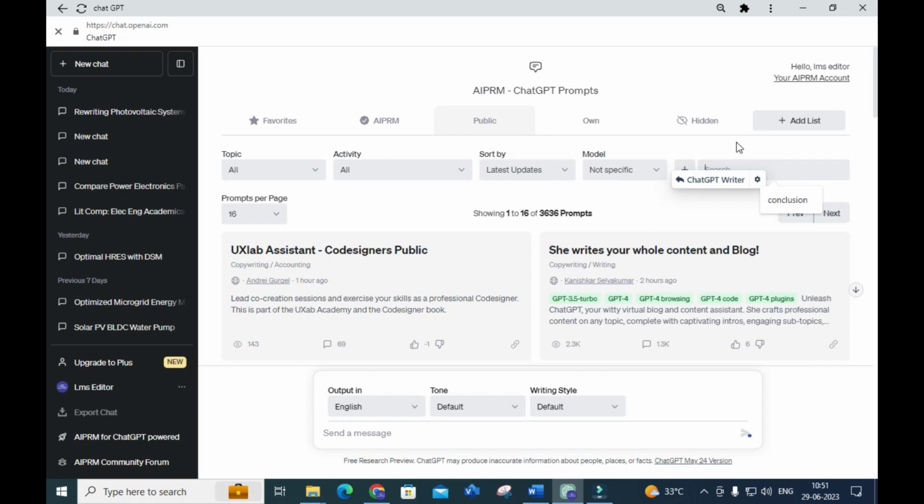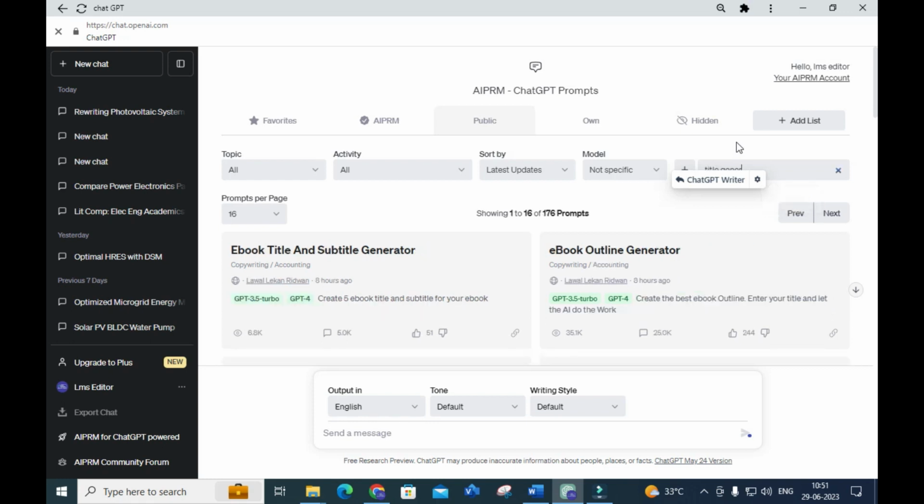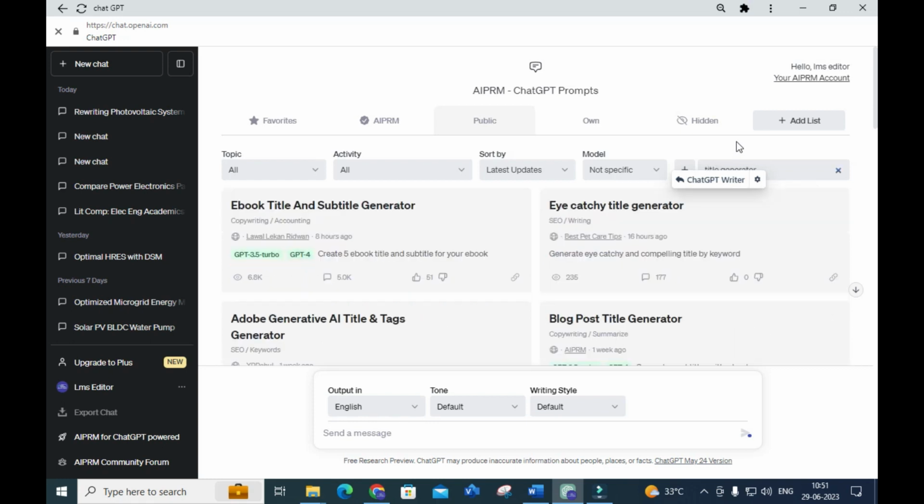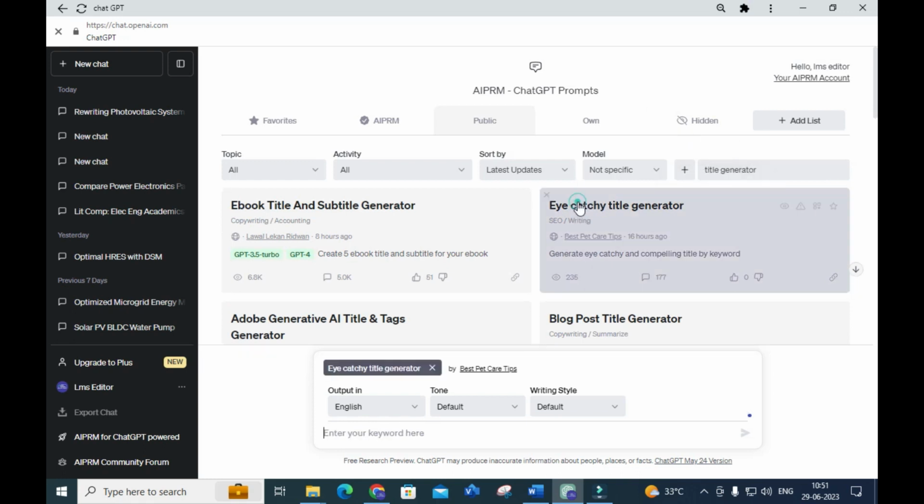The next one we are going to discuss is the title generator. After selecting title generator, you can see the eye-catchy title generator. It is asking you to enter your keywords here. So what I am going to do is enter some keywords: grid connected PV system,